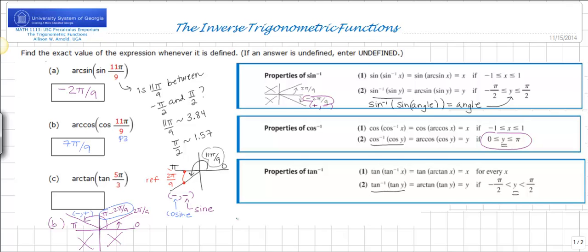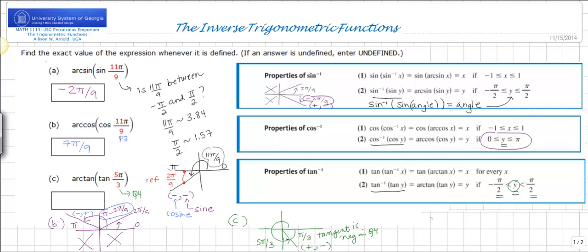Okay, lastly, arctangent of tangent of an angle is supposed to be the angle if you are between negative pi halves and pi halves. We know that 5 pi over 3 is 300 degrees, which is in quadrant 4. And we know that its reference angle is pi over 3. We know that 5 pi over 3 should have a negative tangent ratio